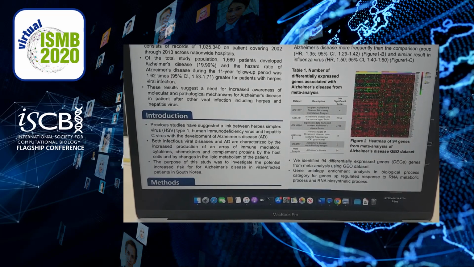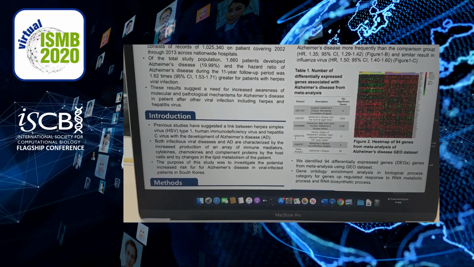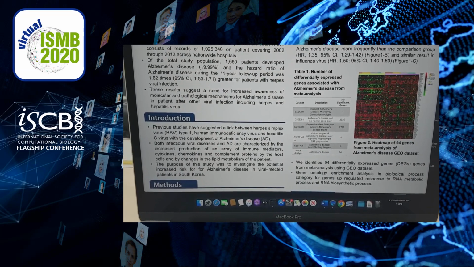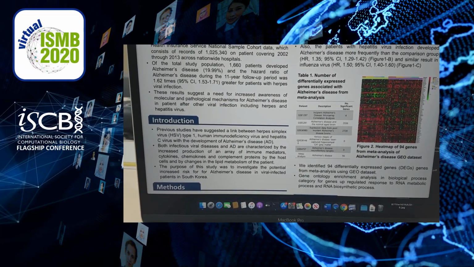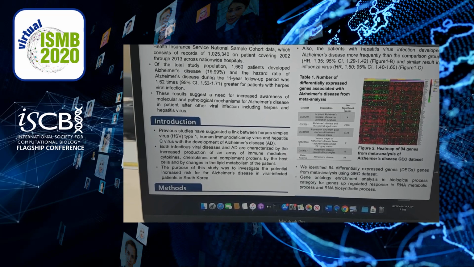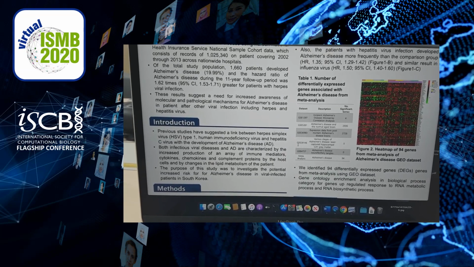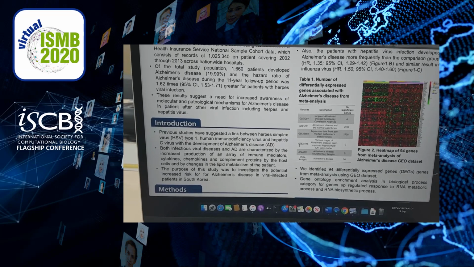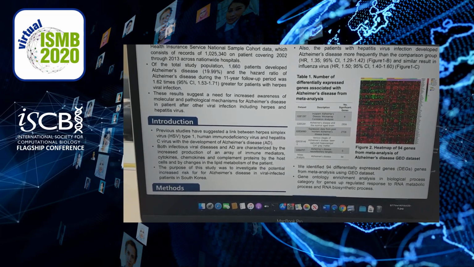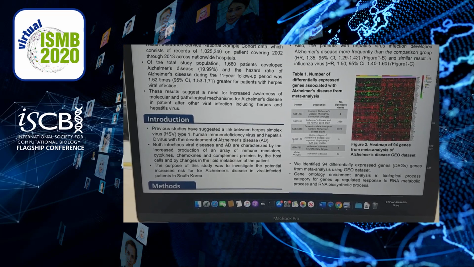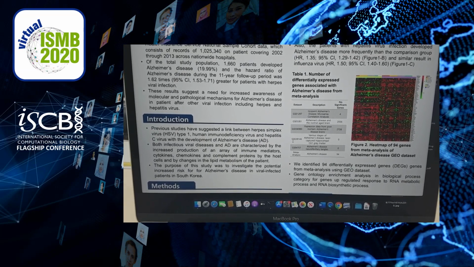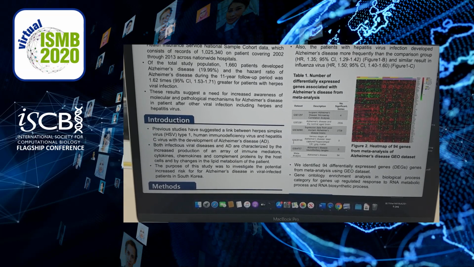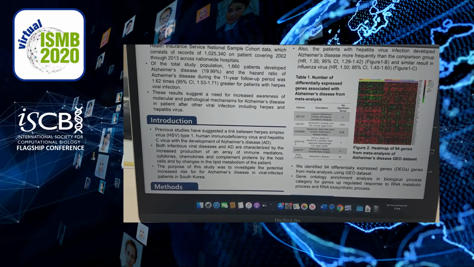Here is the introduction. Previous studies have suggested a link between herpes simplex virus type 1, human immunodeficiency virus, and hepatitis C virus with the development of Alzheimer's disease. So the purpose of this study was to investigate the potential increased risk for Alzheimer's disease in viral infected patients